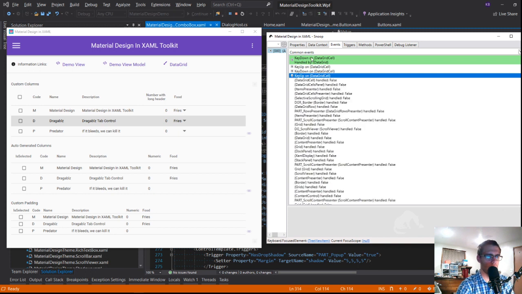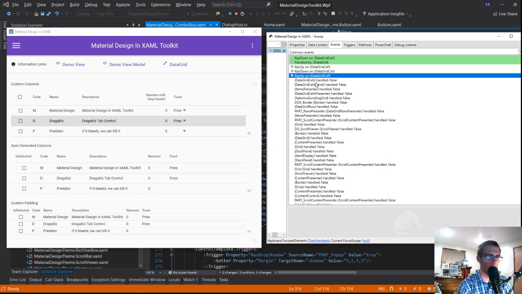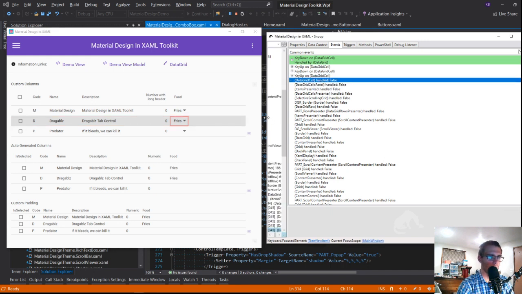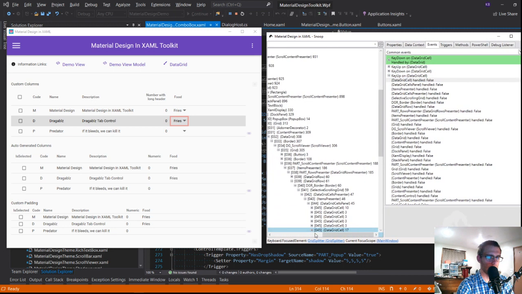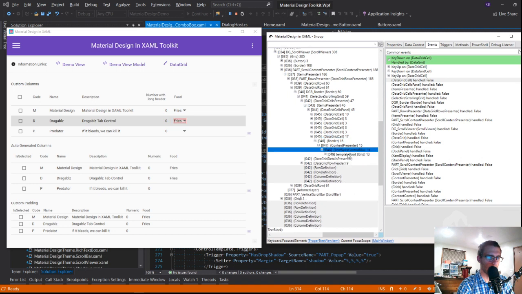Same with here. So the green ones are ones that actually get handled. And so... Never fired. Never fired. So we can go through and we can click here. Because I suspect what's happening is this means that focus isn't moving inside of the cell and is instead sitting outside of it. Because I'm guessing this is where the actual combo box is. So if we come over here,